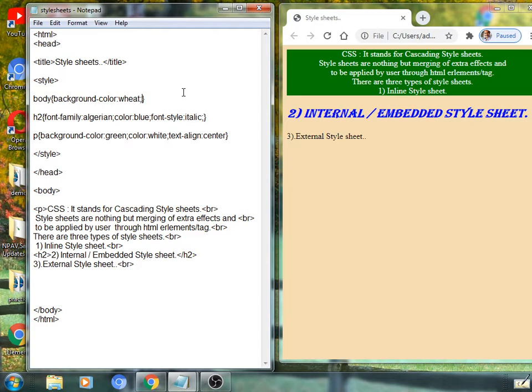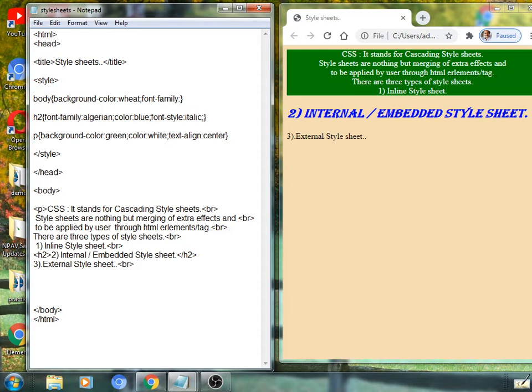Suppose one can apply such content in a specified manner, it is possible again. See here, font-family colon, specified effect to be given through a selector.